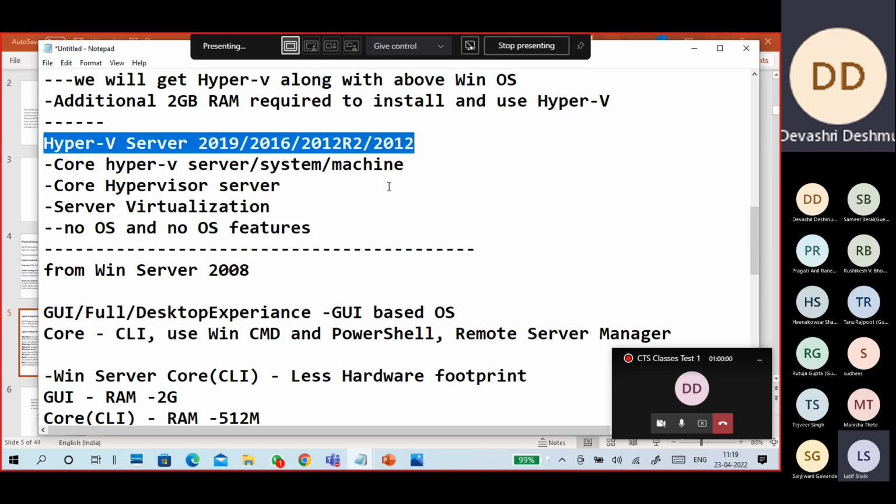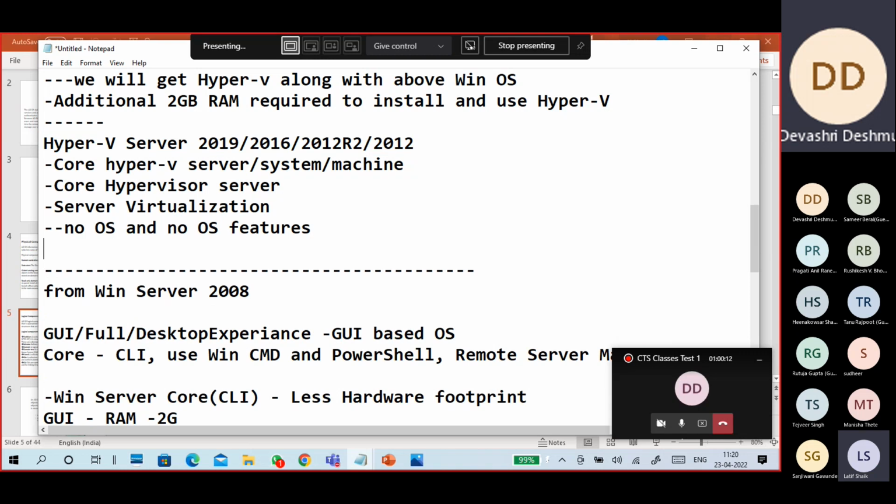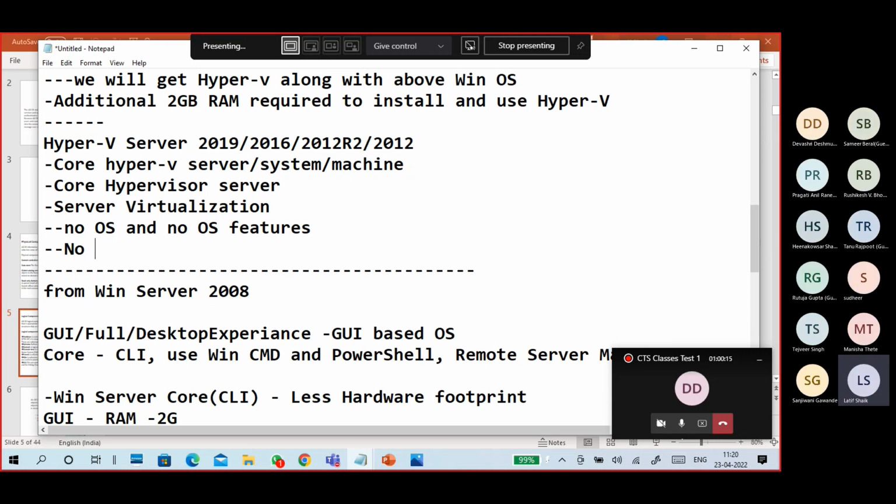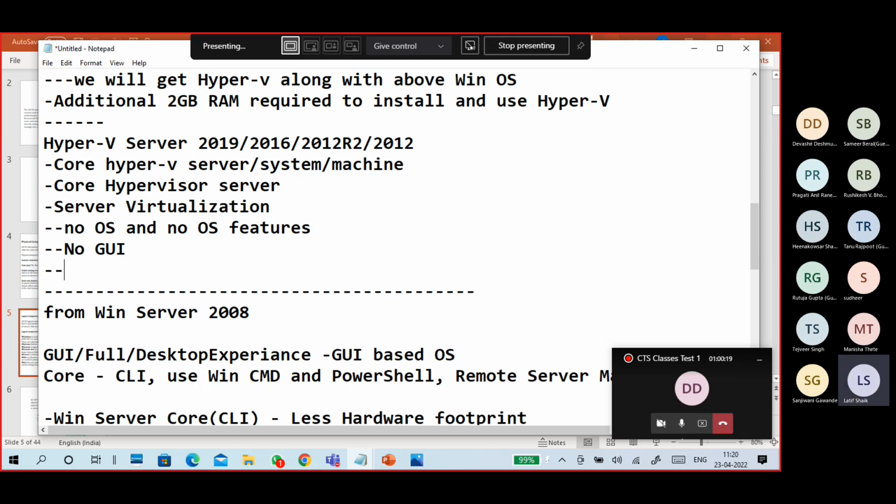So that is directly Hyper-V Server, no other operating system, only basic CLI, some command prompt, PowerShell, remote management only. Okay, no OS, no features, means no GUI and stuff. Operate with the Windows commands and PowerShell,